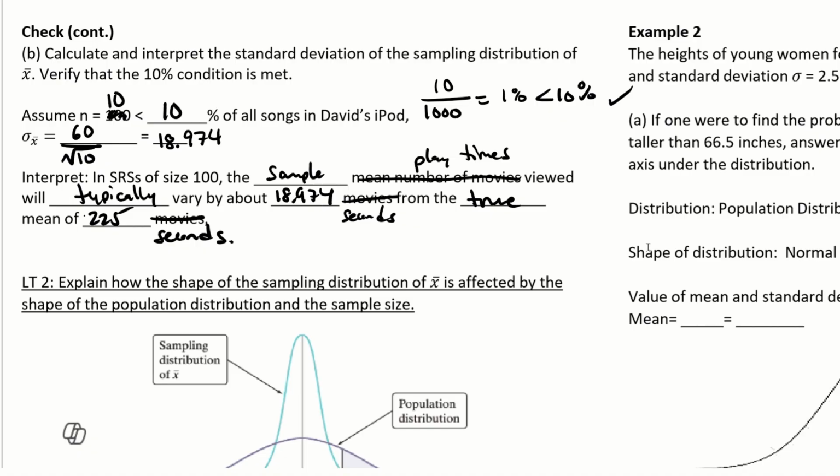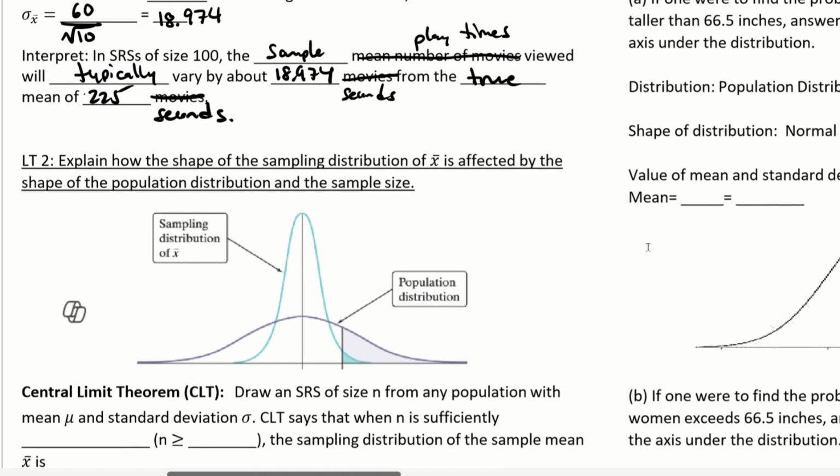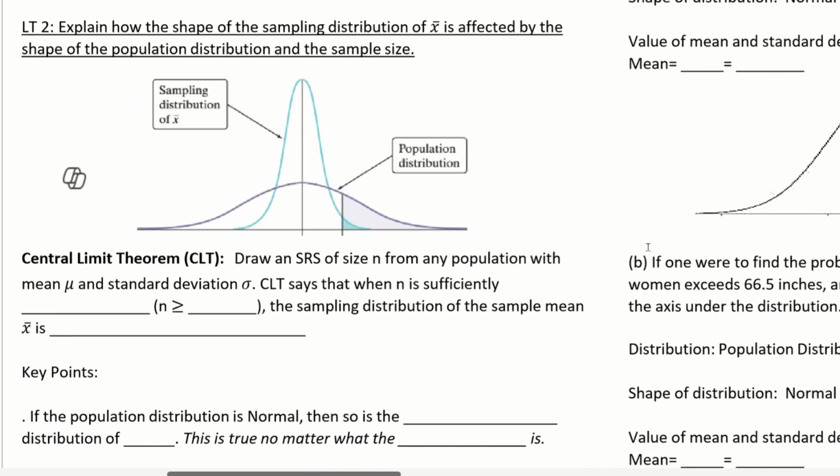All right, so let's look at the next learning target, which is learning target 2. How to explain how the shape of the sampling distribution of x bar is affected by the shape of the population distribution and the sample size. Okay, so there's an important theorem known as the central limit theorem. This is a really important theorem, one of the most important. And it says that if I take a simple random sample from any population, regardless of the shape of the population distribution, with a mean of mu and standard deviation sigma, as long as n is sufficiently large, then what we could say,